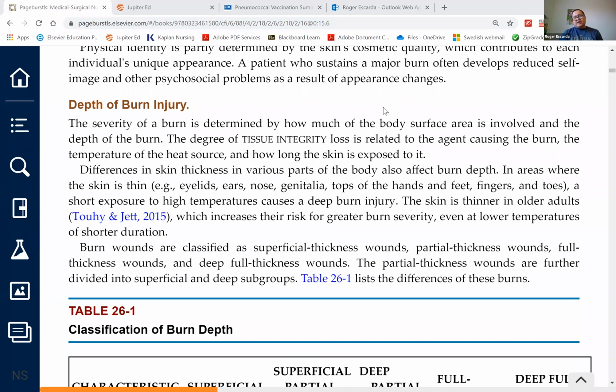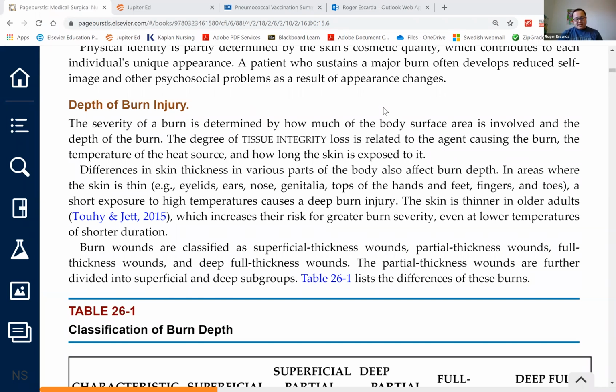The third factor is the extent. Extent will be how much of the body surface area is burned. So we will learn about calculating the total body surface area (TBSA). For our purposes, because we are not specialty burn nurses, we will only be using the simplest, which is the